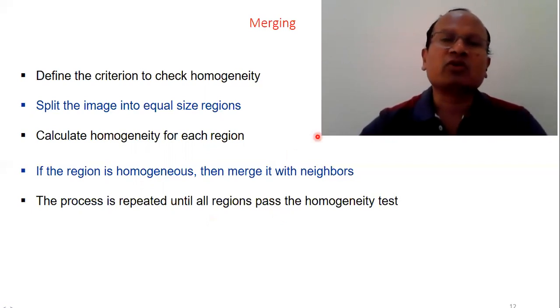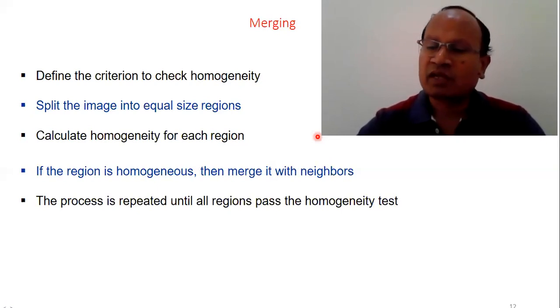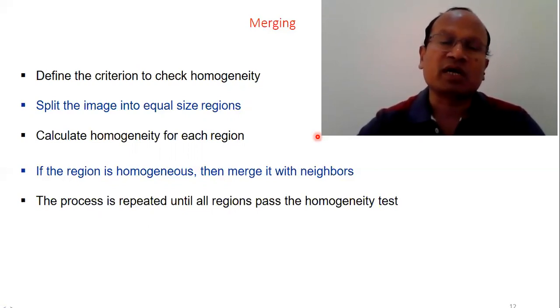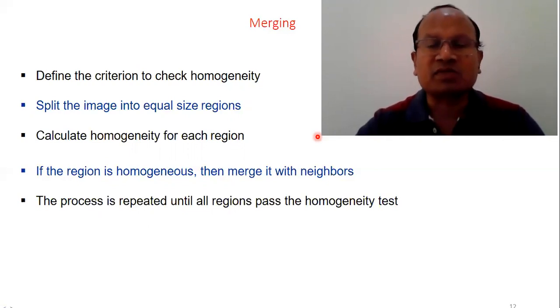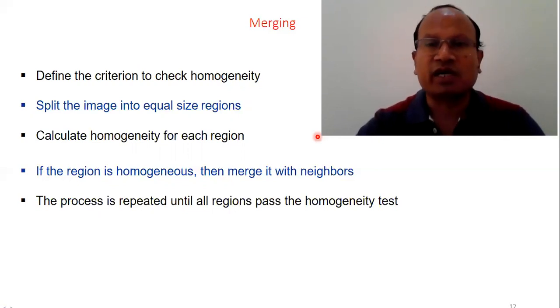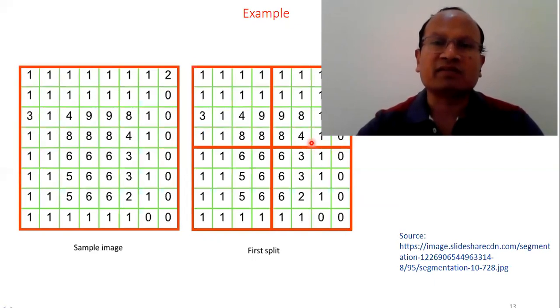And this makes the real use of segmentation in medical imaging, in remote sensing applications, in satellite imaging. We are interested in finding some areas or images of interest. In medical imaging, our goal is to determine and locate some tumor. So if there is any tumor present in the medical image, in any modality, it will have some similarity, some uniformity. Based on that uniformity, the merging will take place. And finally, the merged output will give you the segmented result.